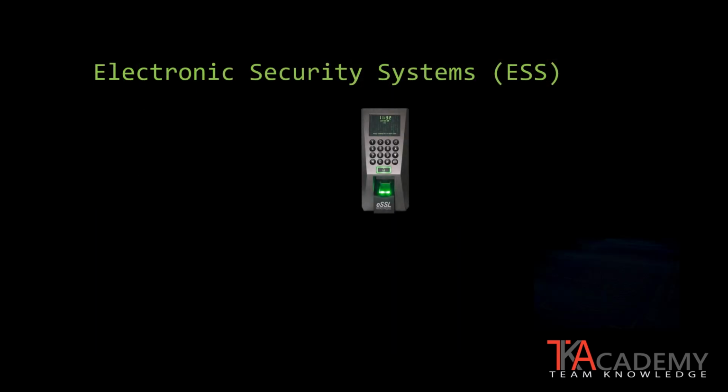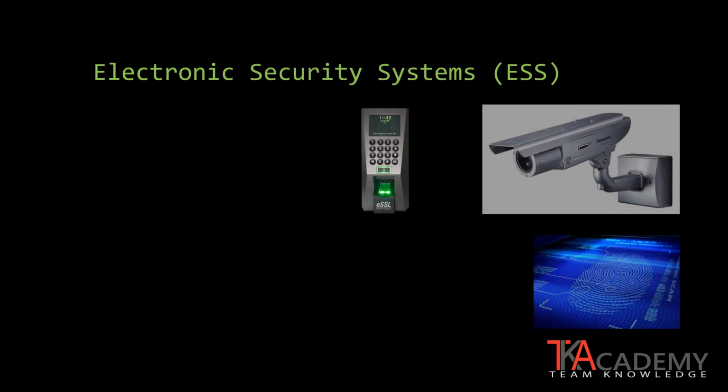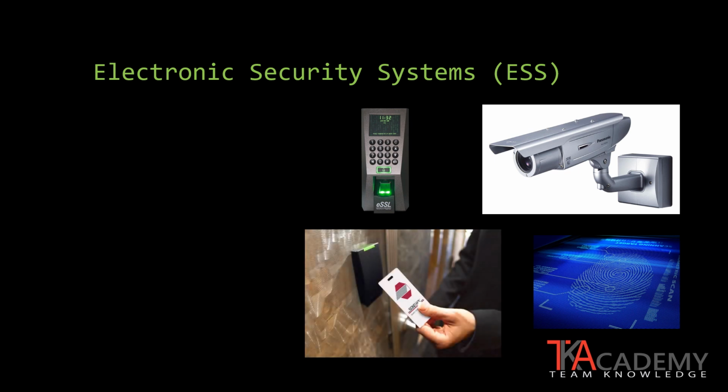Electronic security systems, also known as ESS, are the final layer on top of our security pyramid. This is where technology really comes into play, and there is always new equipment, devices, and systems being developed. Electronic security systems serve three functions. They provide access control and can identify who is authorized to be in an area and who should be denied.